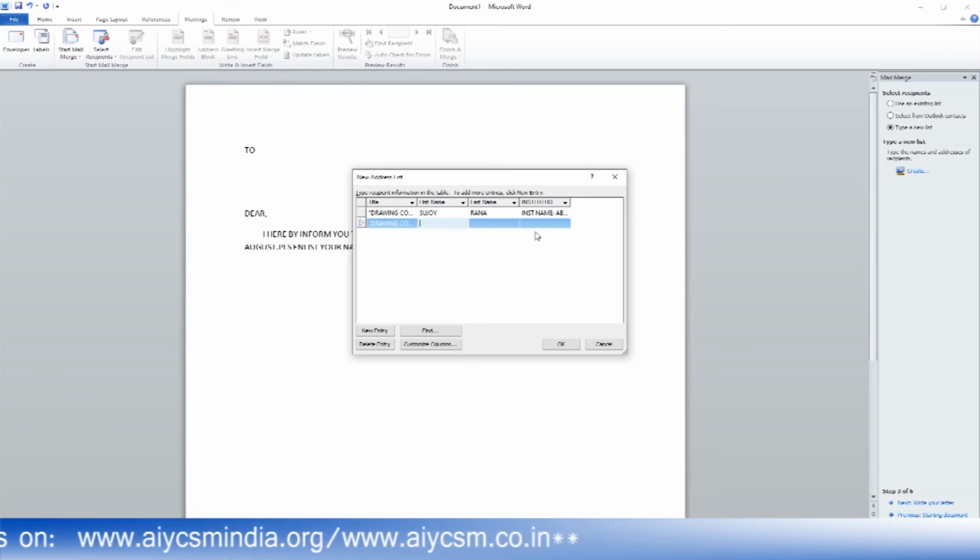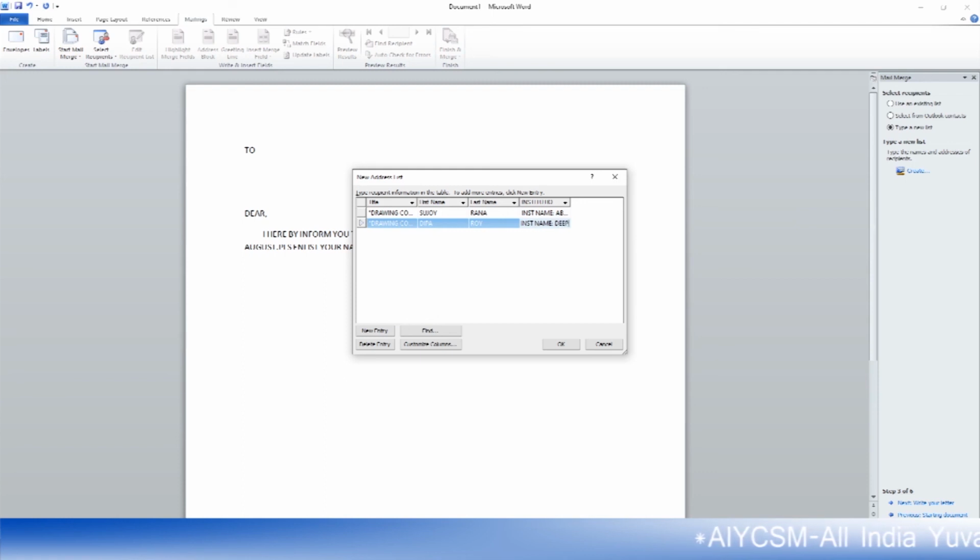Now I want to enter another one. Copy it, paste it. Deepa Roy is the name of the person, INST name, Deep Art is the name of the institution.